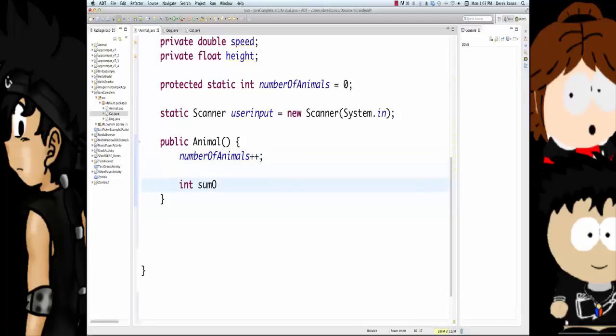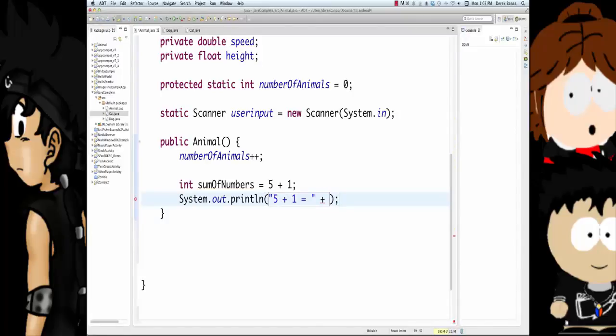Now let's say that I want to come in here and add some things. So equal to 5 plus 1. This is how we add, exactly the same as you would think. If you want to print out, shorthand inside of Eclipse is type sysout, hold down control, hit space. You're going to use system out print line anytime you want to print something to the screen. And here we're going to go 5 plus 1 equals. This is how you put information inside of here. Since we're creating a string here, you can add 2 different values together inside of print line by putting a plus. And then I want to put sum of numbers. And there we go, and that's going to print that out on a screen.